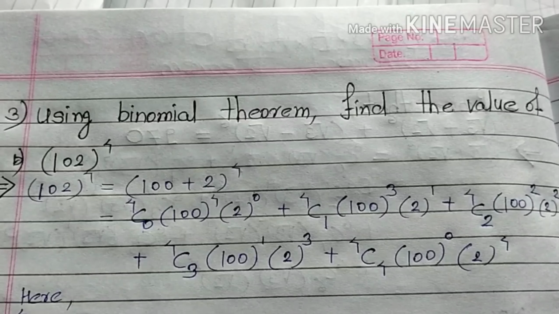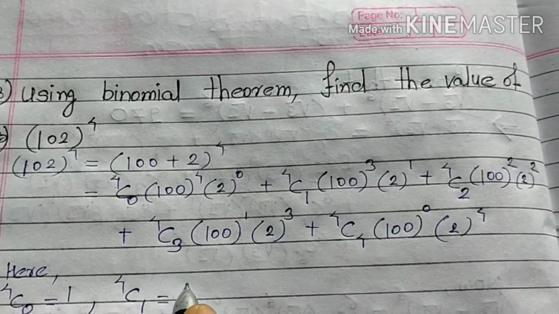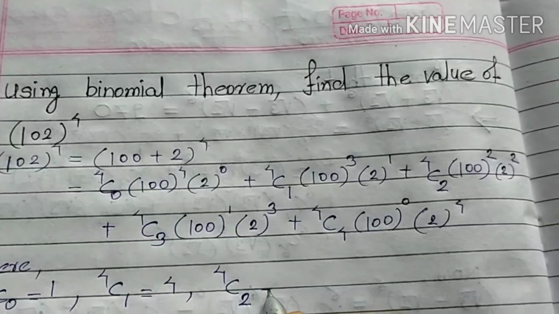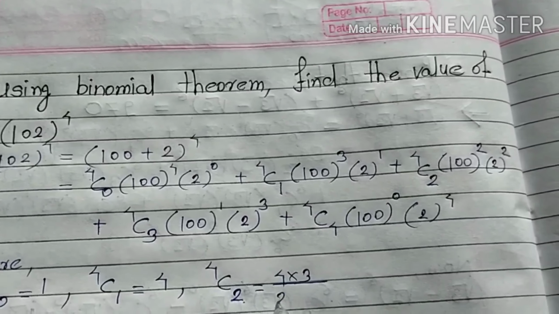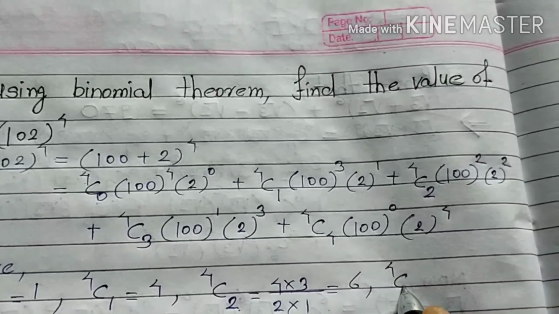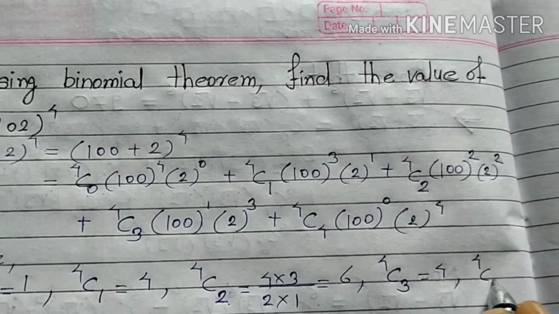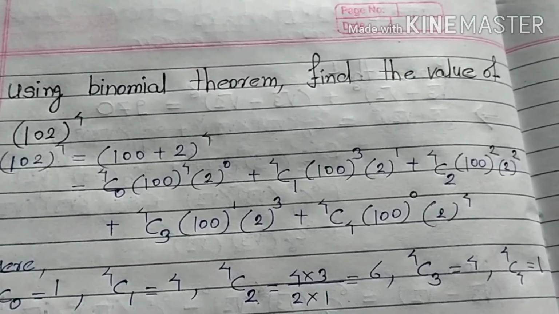So here 4C0 is equal to 1, 4C1 is equal to 4, 4C2 is equal to 6, 4C3 is equal to 4, and 4C4 is equal to 1. So using this,